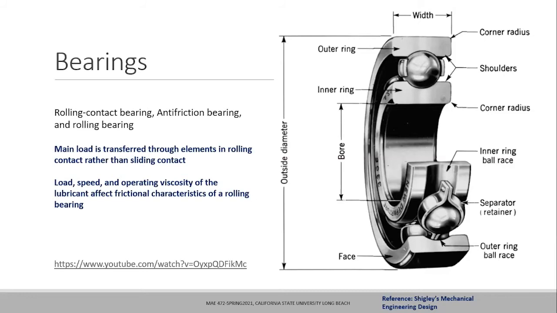Depending on your application, you will have some elements still there or not, and your material selection will also depend on that. For example, if the bearing is being used for high temperature applications, then you cannot use plastic for sure. You will require high temperature materials that can withstand those operating temperatures. So the material selection is based on the type of application where the bearings are going to be used. Does it make sense?